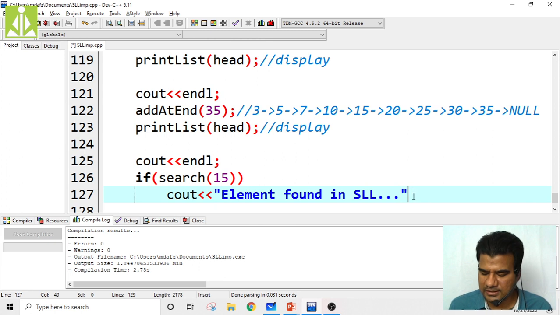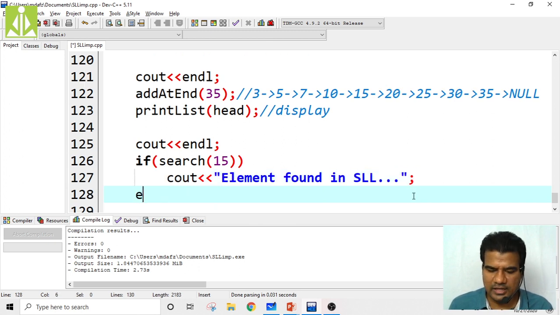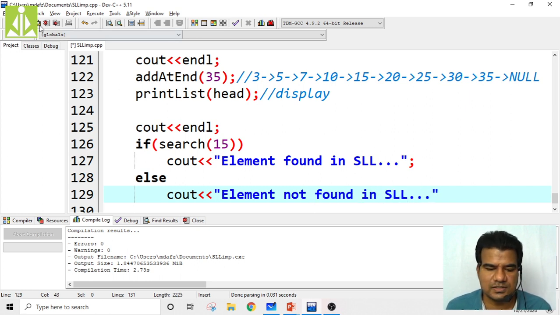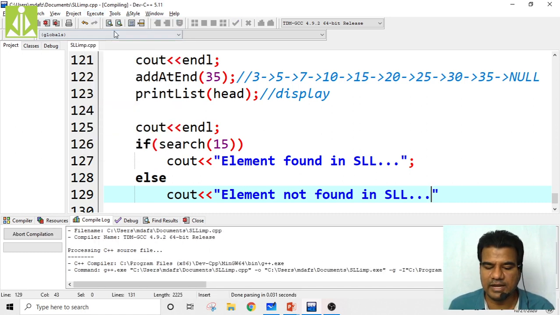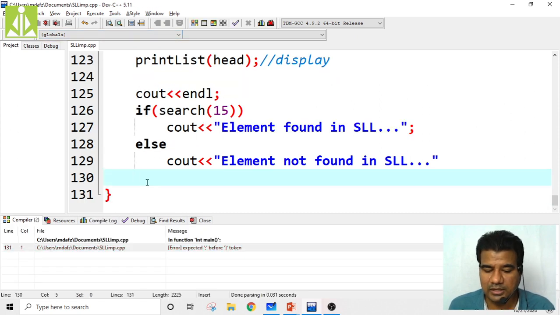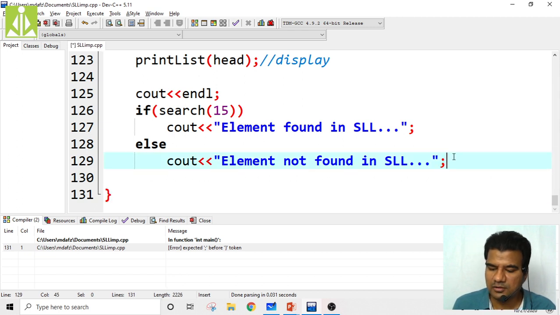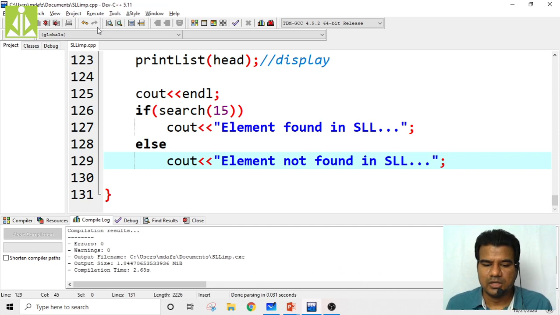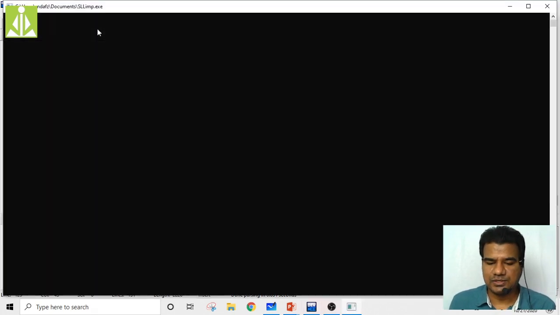If not, else cout element not found in SLL, singly linked list. These are the statements you have to print. Then we will see what output we get. Here something is missing, it is saying error before token. Yes, here a semicolon. Compile. Compilation successful. Then execute.